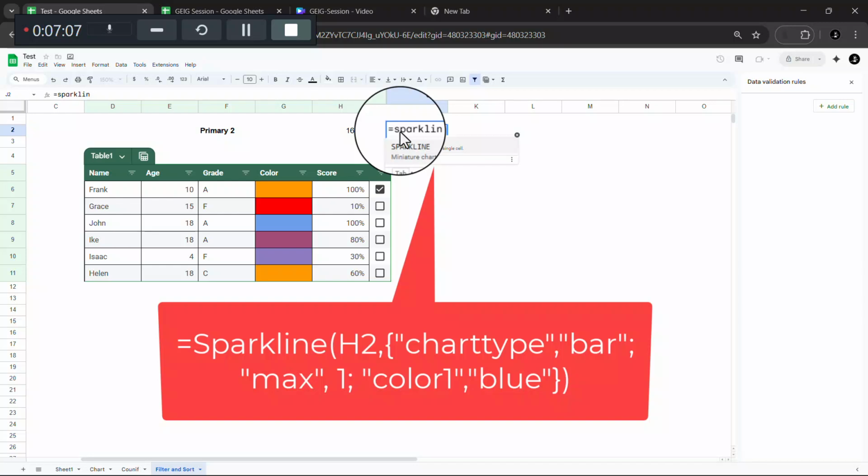SPARKLINE is going to create a mini bar. Then I'll use parenthesis. First, let's create the parenthesis, and then we want our bar to be dependent on this value. This particular value is going to influence our bar, so we need to make sure we select it, which is H2, the cell here. And then I'll bring a comma, and then curly braces,